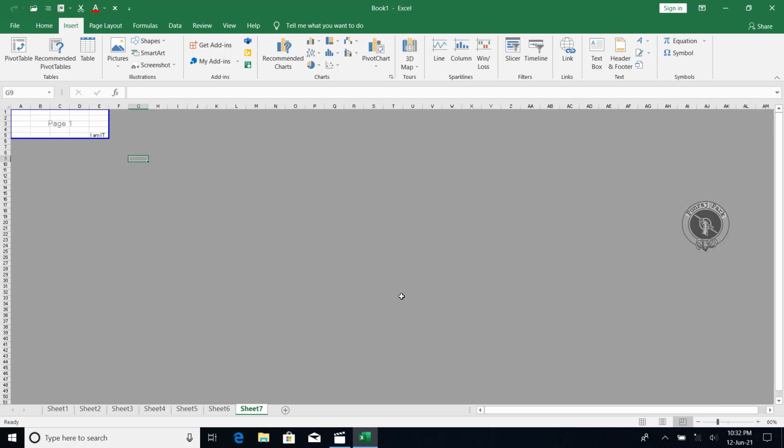When you click on this, you will see what things are to be printed, and you can easily customize how much area is to be printed on page 1 and how much area is to be printed on page 2, like that. So for that customization you may need this page break preview option. So I'll go back to normal.